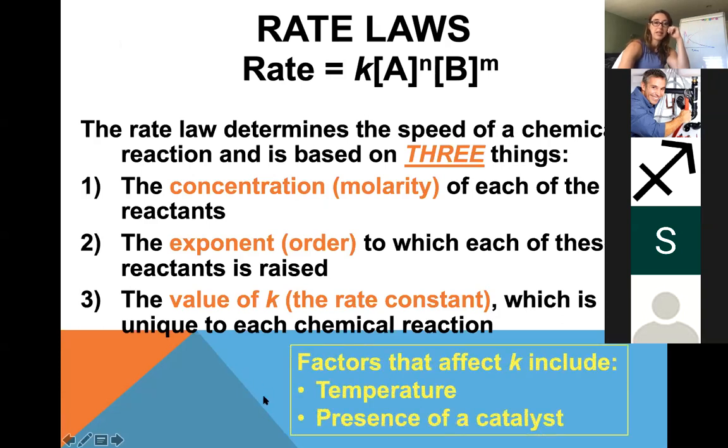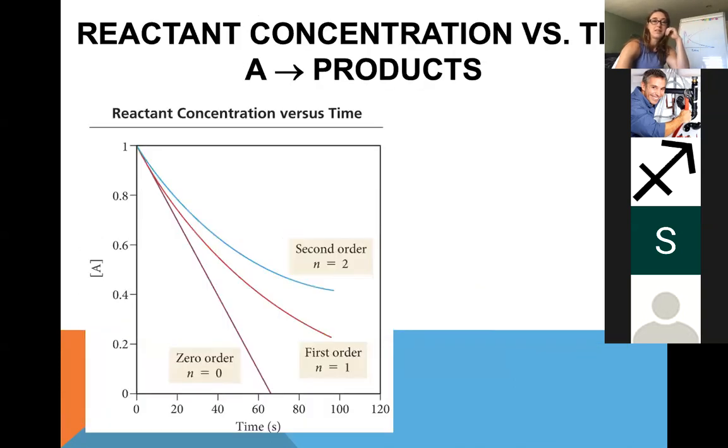So factors that affect K: temperature and presence of a catalyst. Once again, K is a constant, but it's only constant at constant conditions. So it's a little bit misleading, but if you remember that, you'll be in good shape. All right, and then this is probably a little bit past the scope of this class, but I'll just show